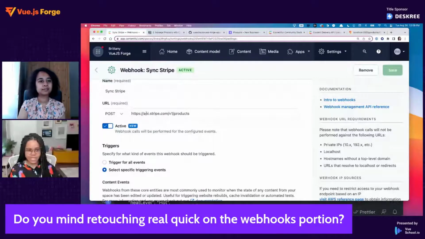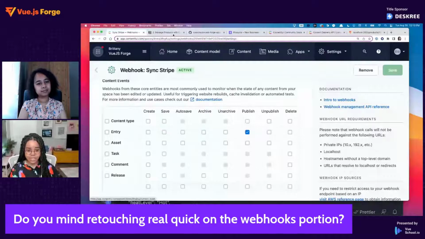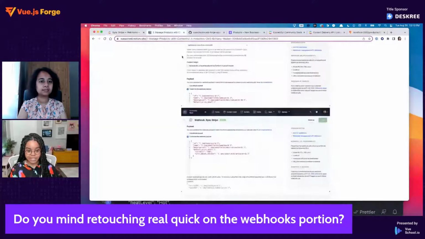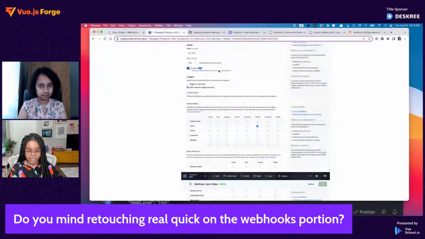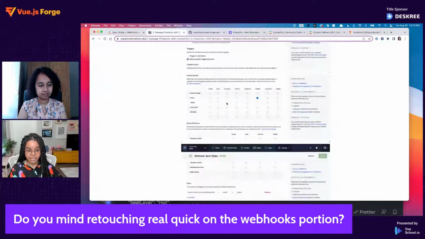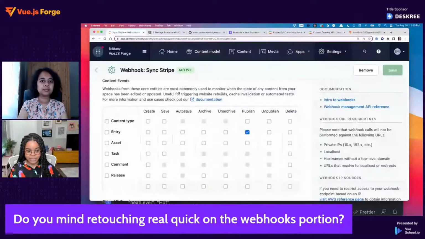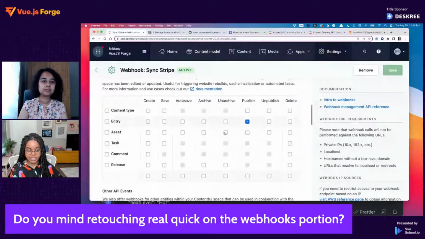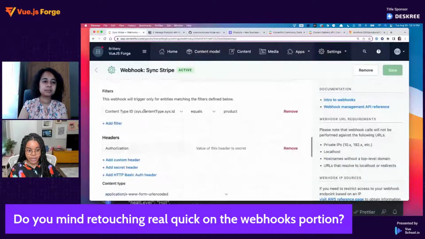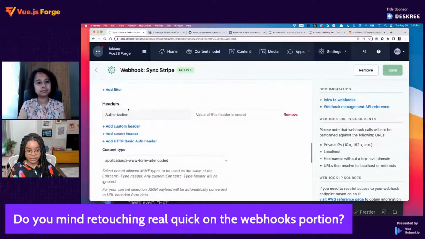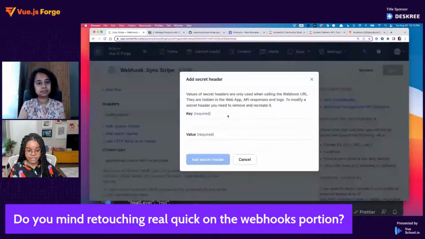And also in this manage products Notion, there are screenshots for each step. There's like 9 things you need to update. So I would definitely look at the screenshots to see what you need to update. Then the next setting we did was we wanted to make sure to only trigger this webhook when it was a product that was changed, because you can have other content types in your project. And then under headers, you're going to add a secret header, and then you're going to say authorization, and then the value is going to be,